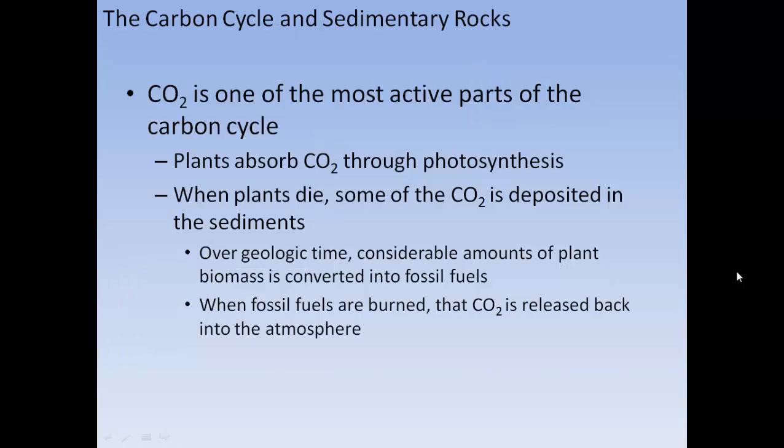The carbon cycle in sedimentary rocks. CO2 is one of the most active parts of the carbon cycle. Plants absorb CO2 through photosynthesis. When plants die, some of the carbon is deposited in the sediments. Over geologic time, considerable amounts of plant biomass are converted to fossil fuels. When fossil fuels are burned, that CO2 is released back into the atmosphere. That's the end of the